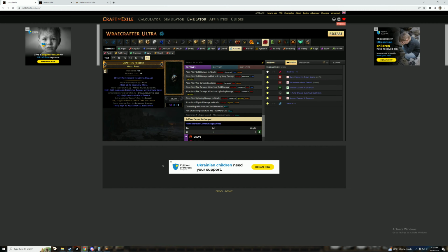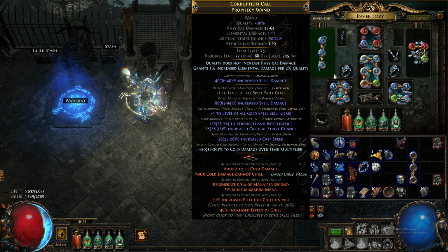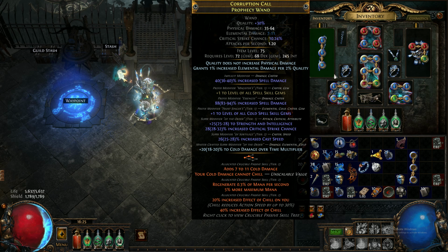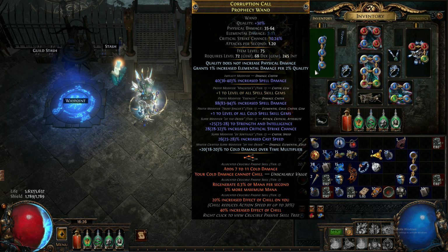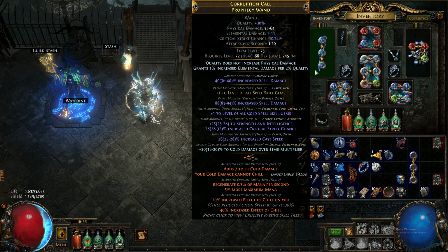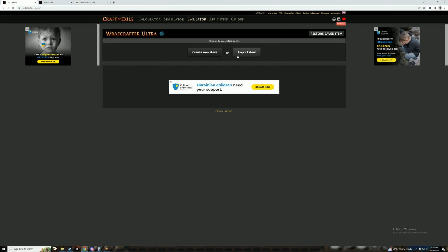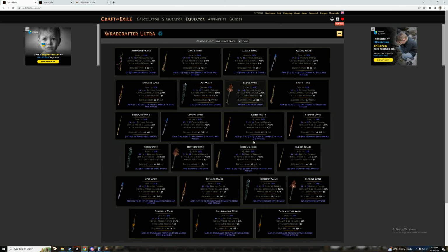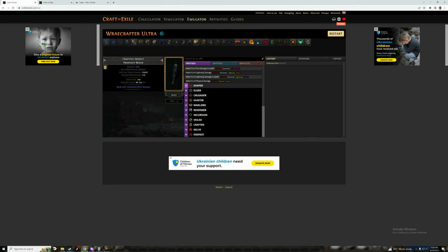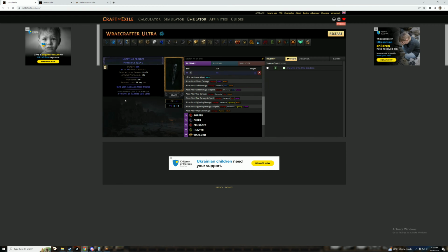So this is one of the advantages of using fractures. Another advantage is that some modifiers, like for example on my wand right here, are just simply too hard to obtain. +1 to level of all spell skill gems is just simply too hard to obtain. And on top of that, to have increased spell damage and the +1 to level of all spell skill gems is also very difficult to obtain. But let's just say that we go to a wand, and we have this prefix of +1 to level of all spell skill gems. If this is fractured,